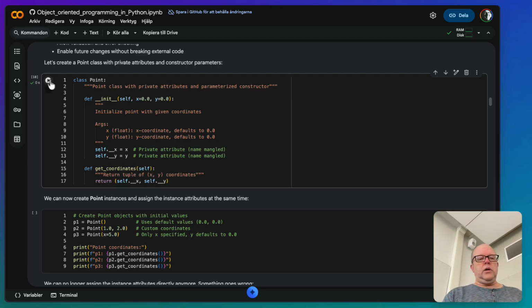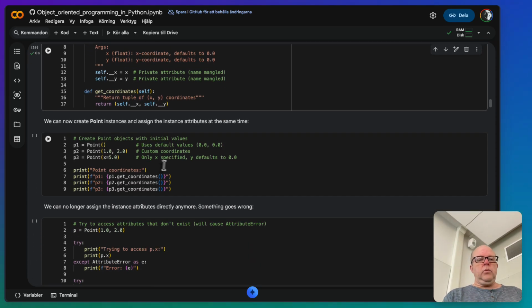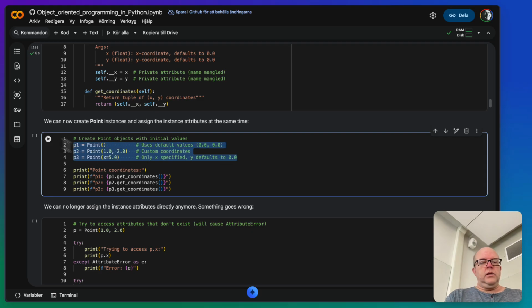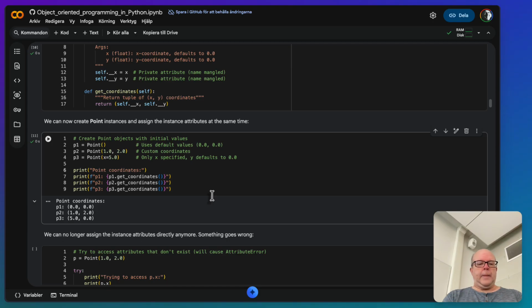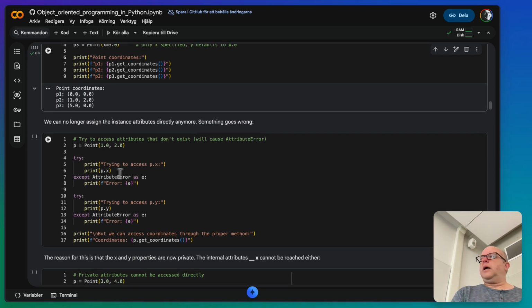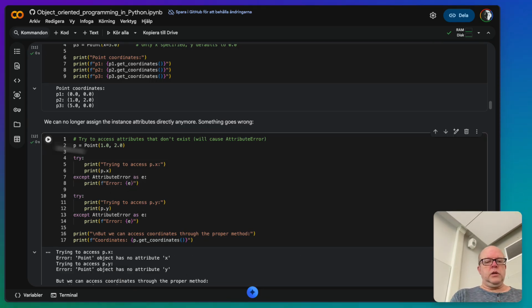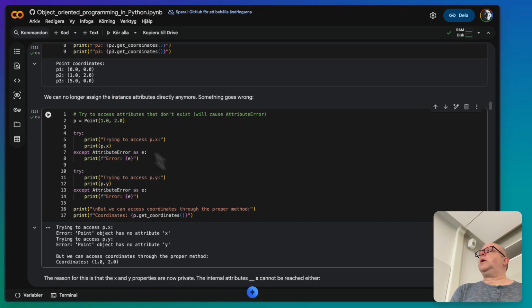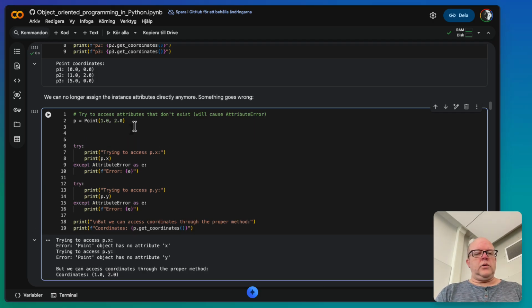So if we define this here again, we will try here, we create a point. All those 3 here will work perfectly fine. So no problem. And we can get our coordinates here. But what happens if we try to access them as attributes on the thing here? So for example here, I added some exception handling here because when you try to access, you get an attribute error. So let's run this here. You can't access the internal attribute. If I try to do it outside here, you can see that I get a